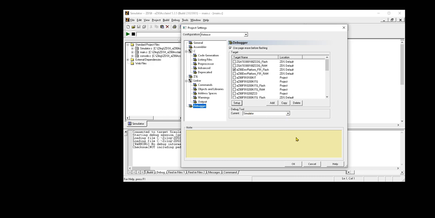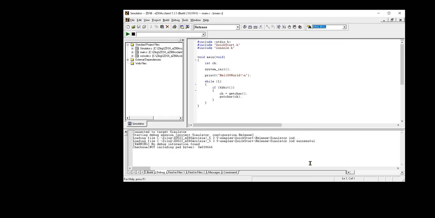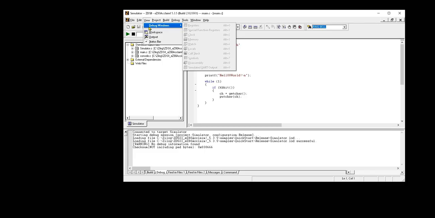So this means it's not going to look for an external cable, an external piece of hardware, and try to download this compiled code to that external hardware. No, it's going to run it in a simulator inside your PC. So that's fine. That's exactly what we want. If we look at the top, we have debug windows. They're shaded out right now because the program is not running, but we can see down here one of them